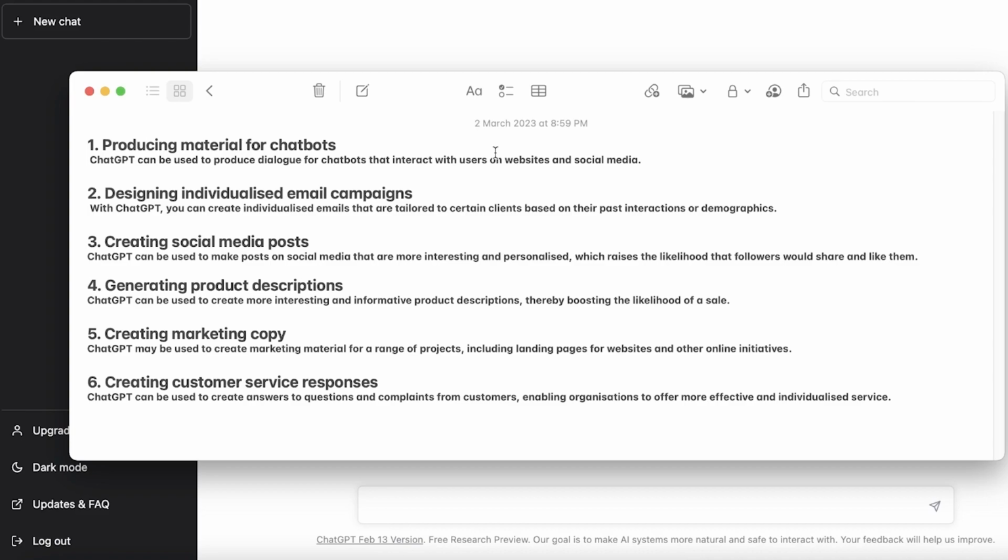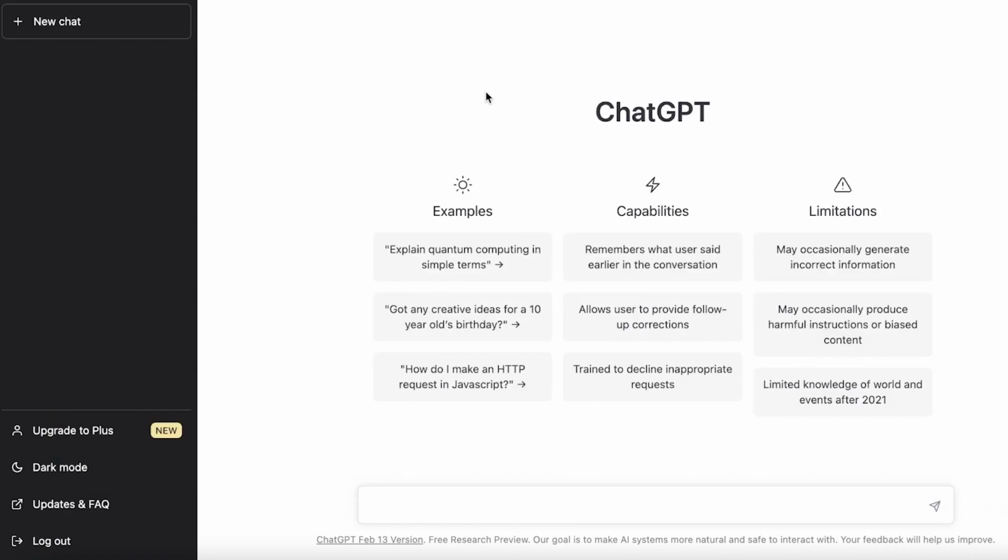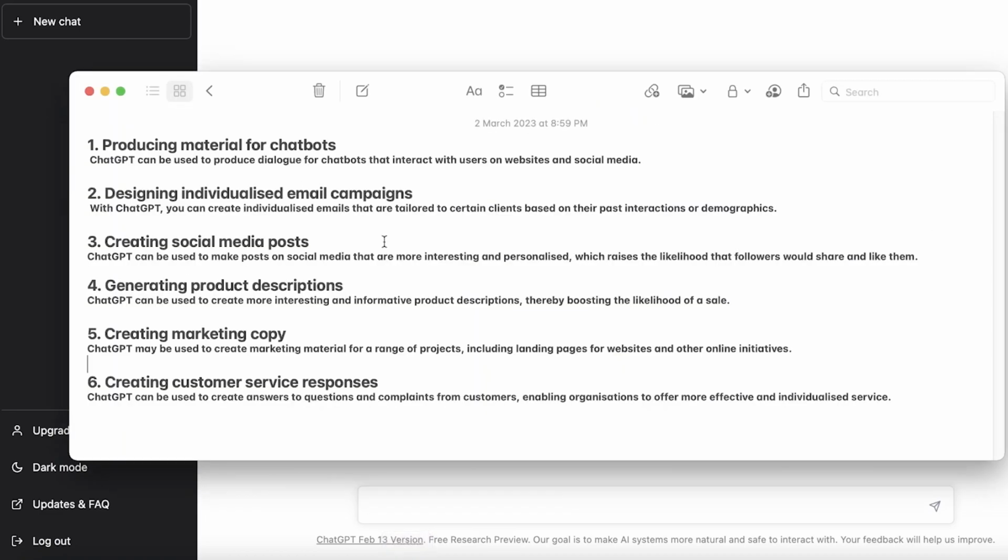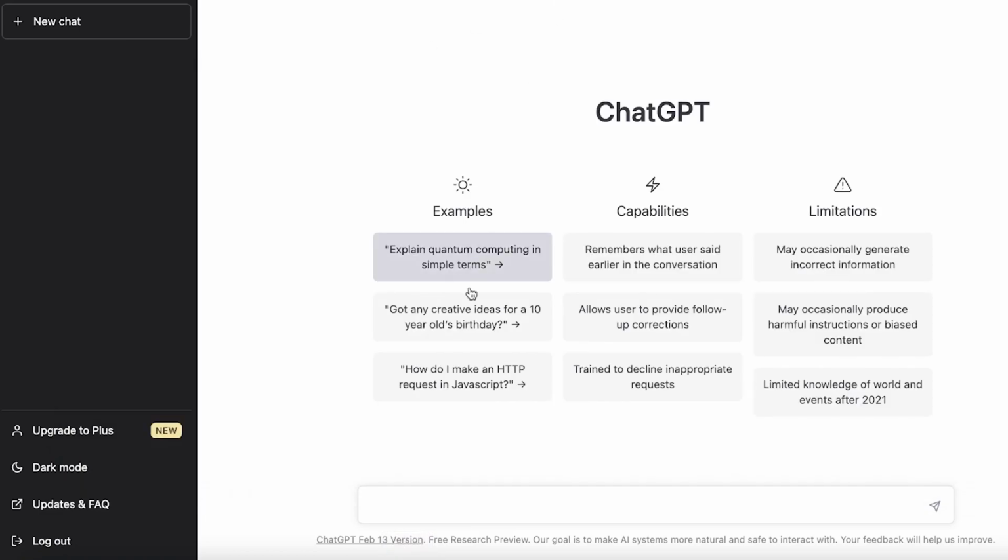Now, if you have a website and you have a Q&A or a chatbot, it might be on your website, it might be on social media, but a lot of times those chatbots need to have a lot of material to talk from whenever they are talking to a customer. So if a customer has a query regarding shipping, regarding returns, regarding product information, whatever it might be, they are going to have questions. So ChatGPT can produce material for the chatbot to talk about.